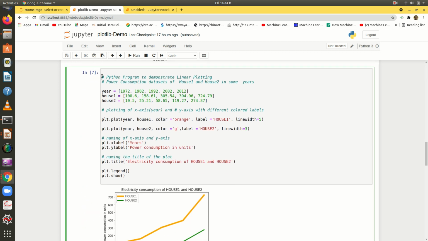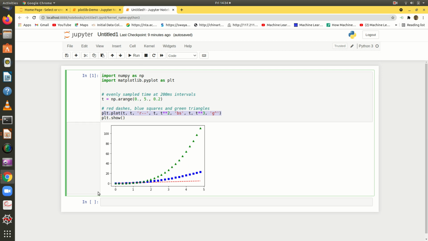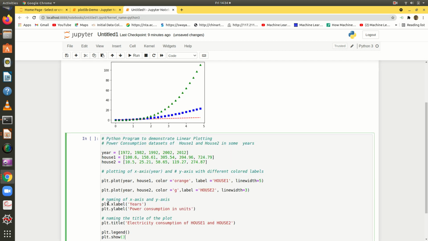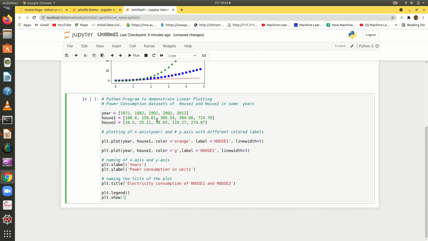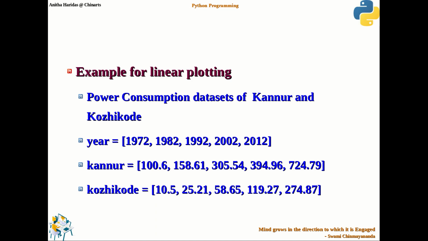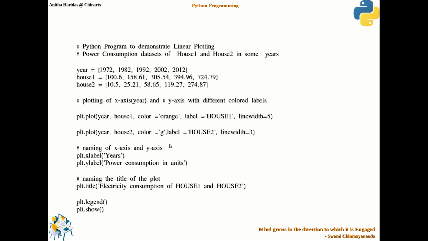So this is the code that I am going to copy. This is the electricity consumption of house 1 and house 2. I am going to paste it here, and please observe the code. And before that, we will see the code here itself. So this is the code that we are going to try.